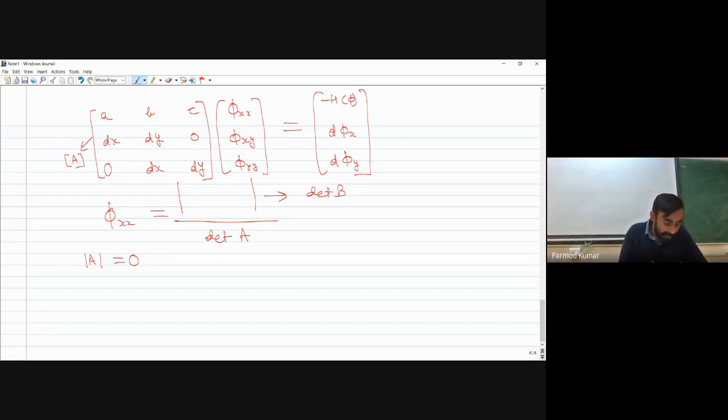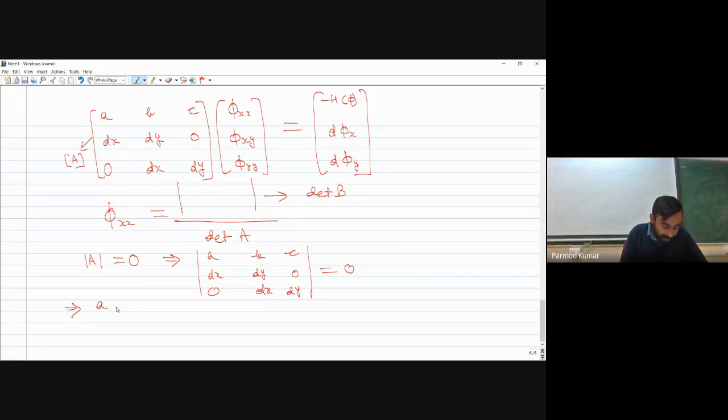Okay, so that's why I'll be considering when the determinant of A is equal to 0, and whatever direction I get corresponding to that is nothing but my characteristic direction. So if I take the determinant of A equal to 0, I have to consider a, b, c, dx, dy, 0, 0, dx, dy, and equate this to 0. So now let us take the determinant. You all can try by your own to find the final equation we are getting. Okay, so over here let me write down the determinant.